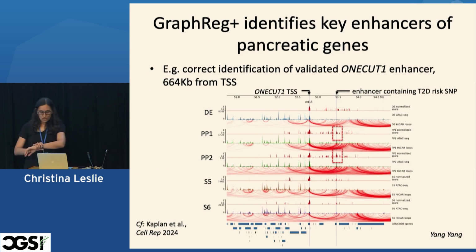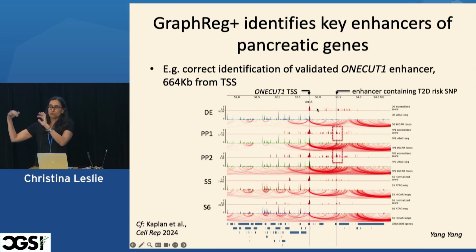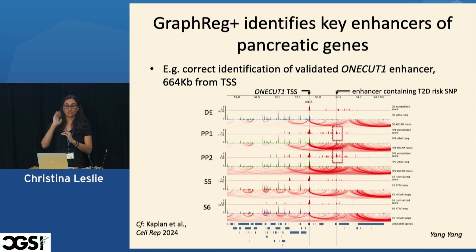And again, just to show quickly. All right, so I know these plots are crazy, right? But we're training a GraphReg plus model at every stage of pancreatic differentiation. Here we're looking at a gene called ONECUT1. The transcription start site is here. And we're doing feature attribution in red. Okay, so the red is saying what the model at each stage thinks is important for predicting expression of ONECUT1. And you can see that